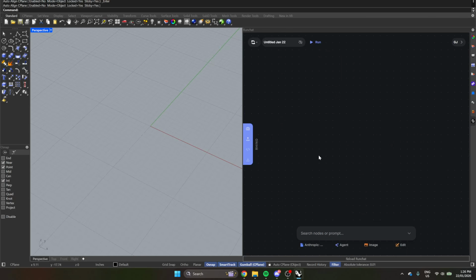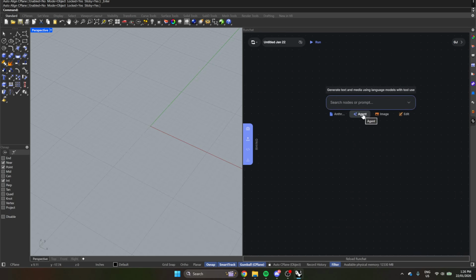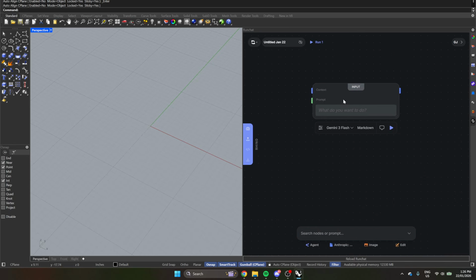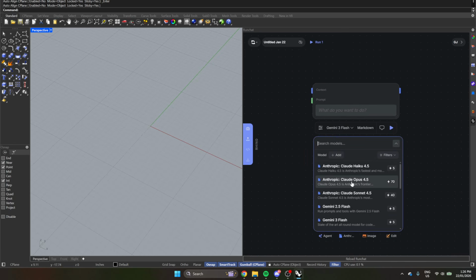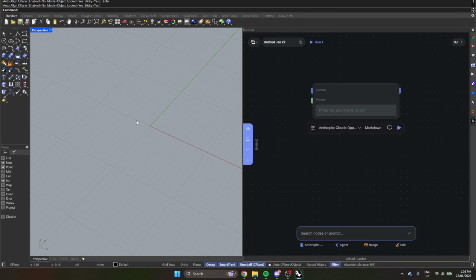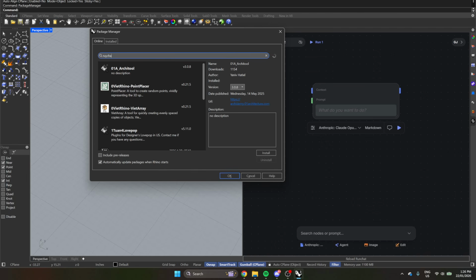In this video, I wanted to take the opportunity to try out using the newish Claude Opus 4.5 model in Runchat to generate Python scripts for manipulating geometry or creating geometry within Rhino. So to do this, I'm using our plugin for Rhino, which you can get by searching in the package manager for Runchat